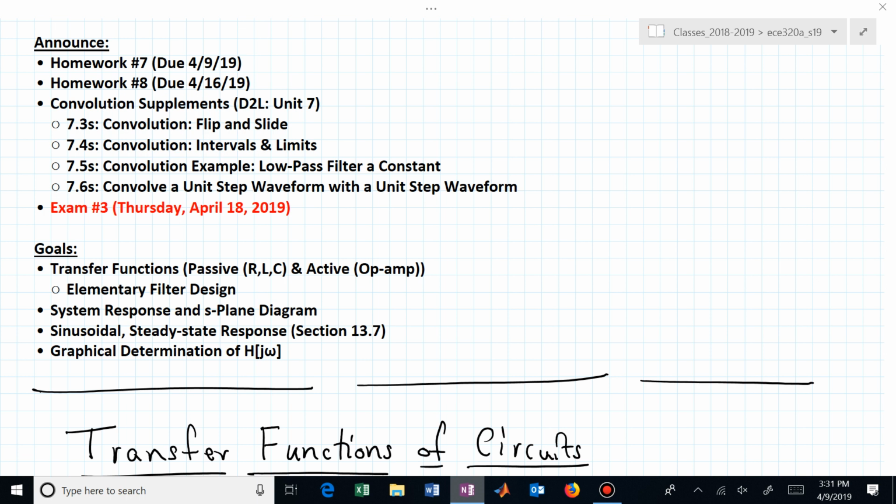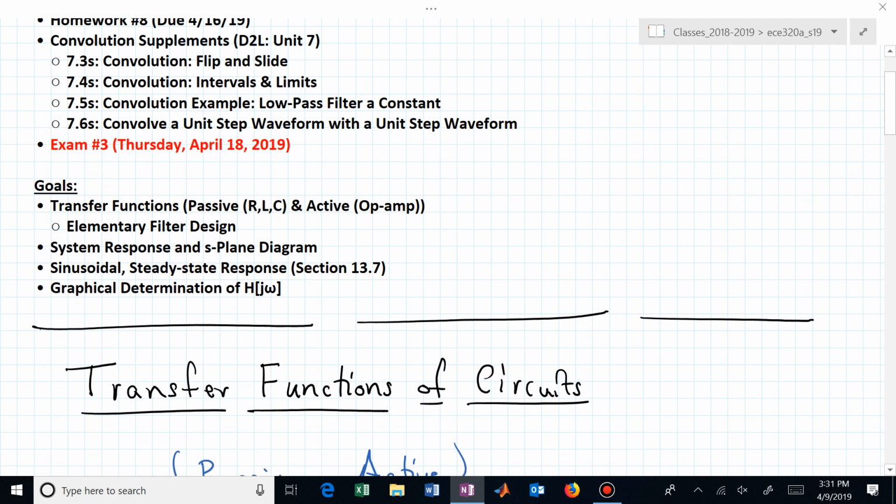And to help you with that are the Unit 7 supplements on convolution. Flip and slide, intervals and limits, those are designed to help you figure out what you want to do relative to performing convolution, and then there's a couple of examples of doing convolution. The exam again is Thursday, and today what I want to talk about is the next unit beyond convolution, which